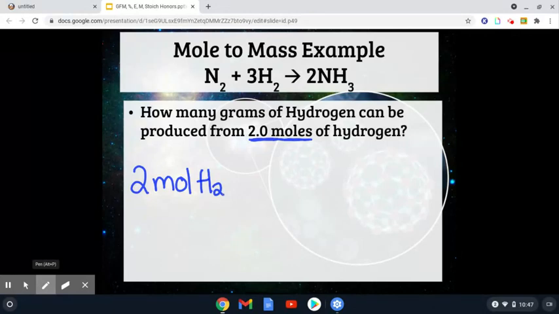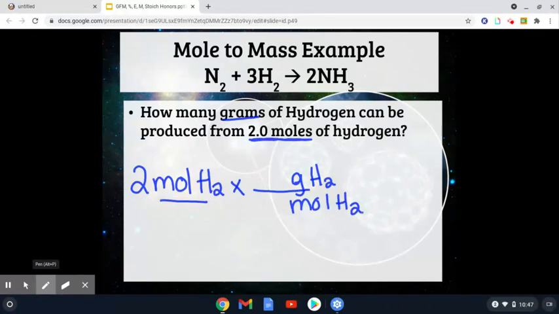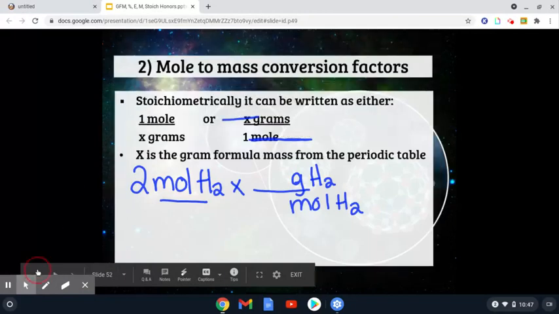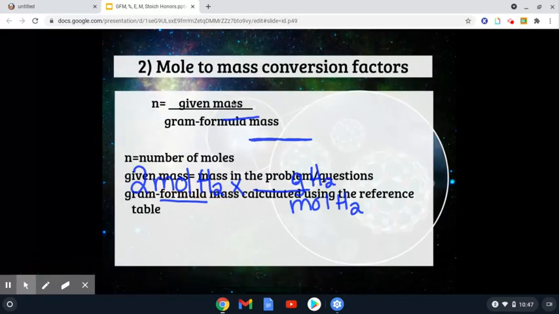So now we're going to set up our 3 magic lines, 1, 2, 3, and plug our units in for the conversion factor. We want grams, so that's what is going to be on the top. And we want to get rid of these moles, so we're going to bring them down to the bottom here. And now we're going to convert. If we think back to our equation before, we are going to be looking at the given mass, and in this case, we're given the moles, so we're just manipulating this formula to rearrange it